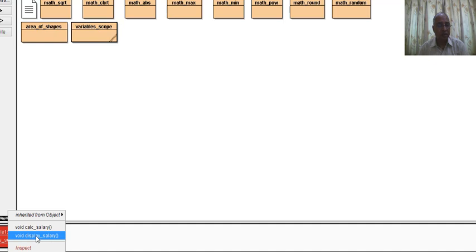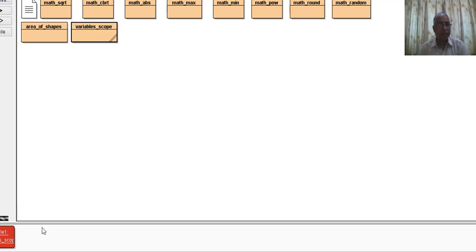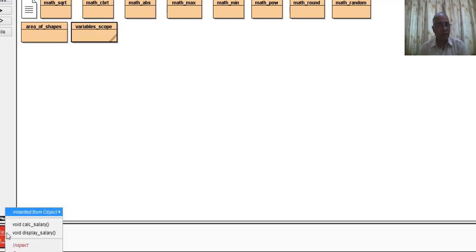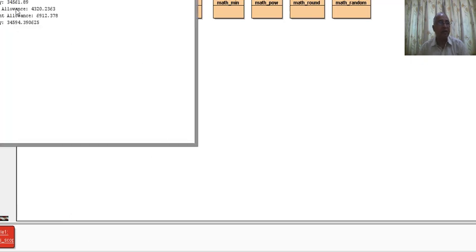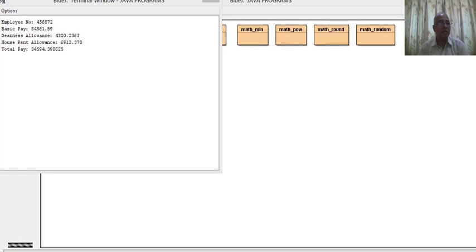This is the object. Now we first calculate the salary. Salary will be calculated internally, then display the salary. The salary will be displayed. This is the salary being displayed here.